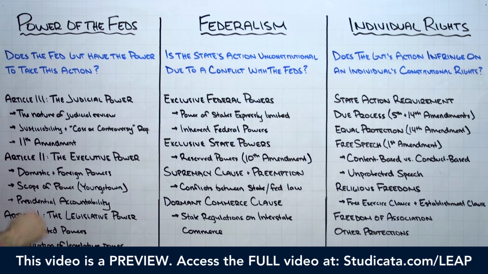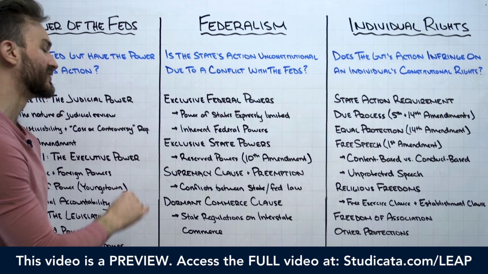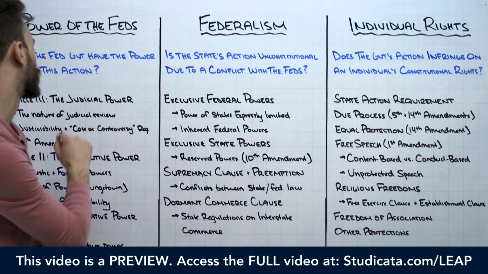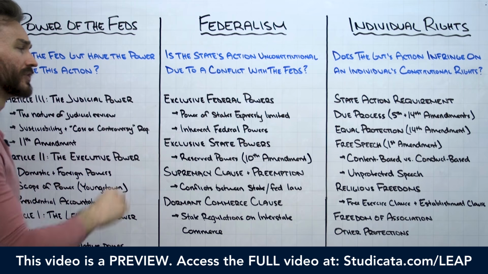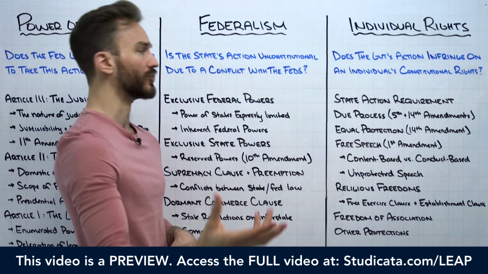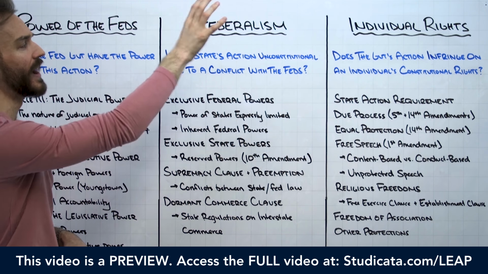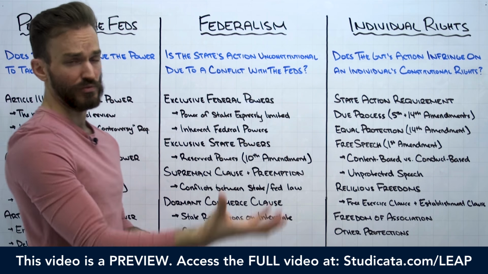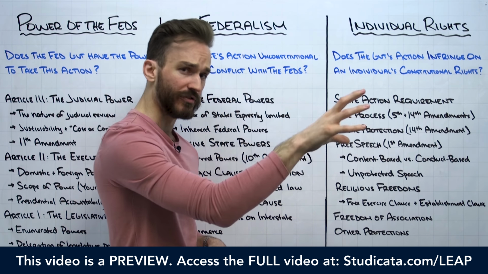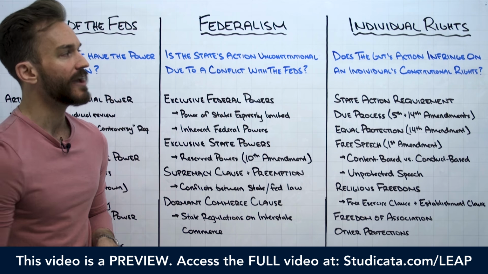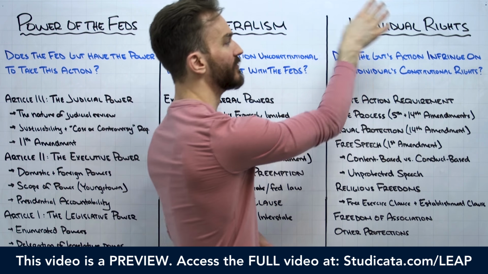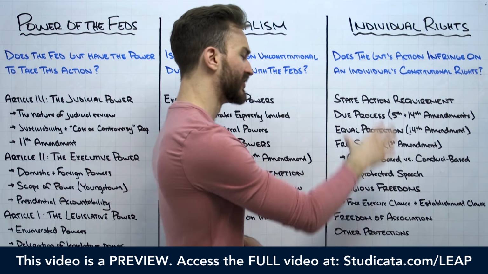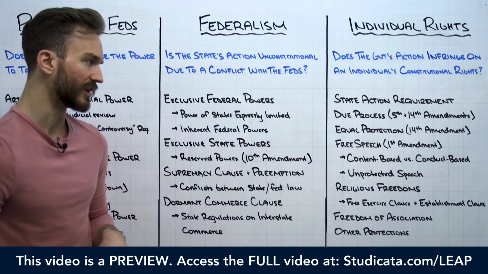Article 1 vests the legislative power in Congress. Article 2 vests the executive power in the president. And Article 3 vests the judicial power in the Supreme Court and the federal court system. Articles 4, 5, and 6 deal with the multiple layers of government we now have between federal government and state government. And finally, to protect the individuals, we have the Bill of Rights and some other clauses included in the Constitution